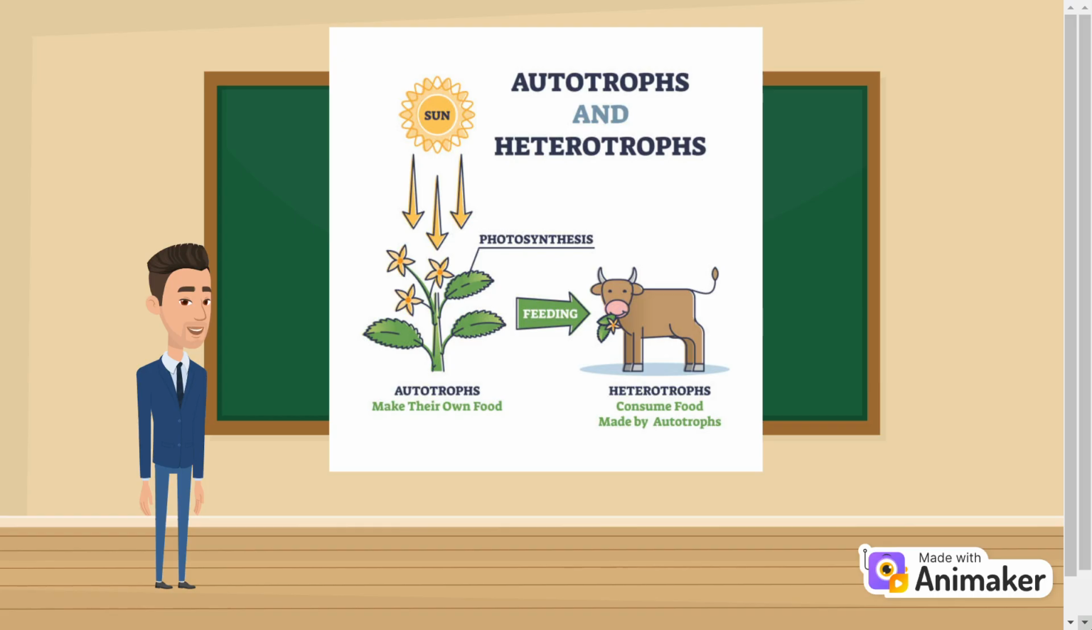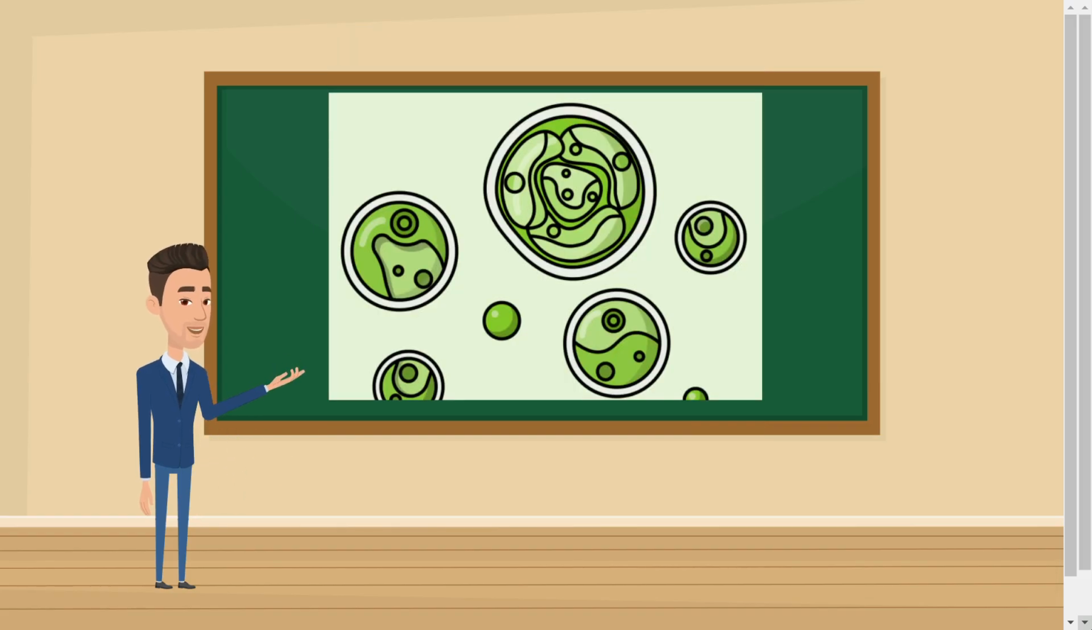Ninth, what happens if plants do not get enough nutrients? Nutrient deficiencies can cause plants to grow poorly. For example, lack of nitrogen causes yellowing of leaves. Lack of phosphorus slows root growth. Lack of potassium weakens the plant and makes it more